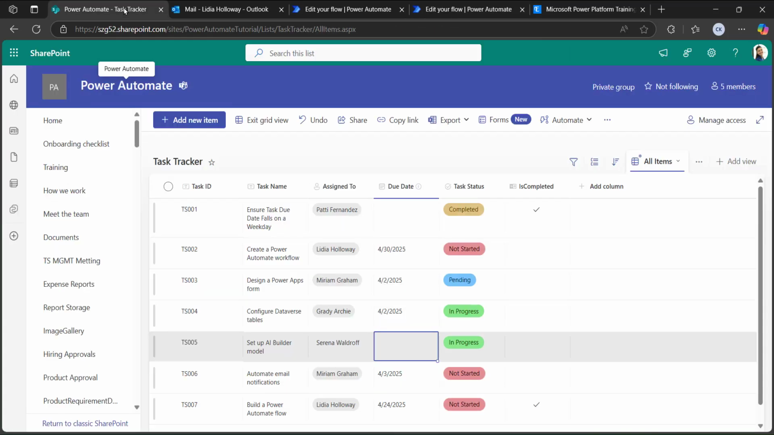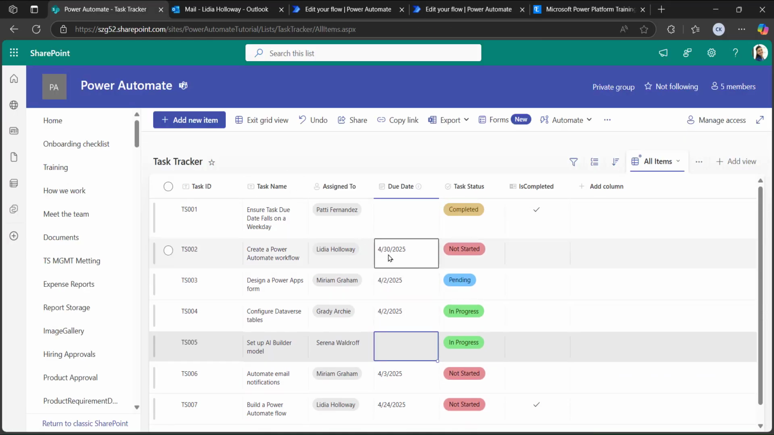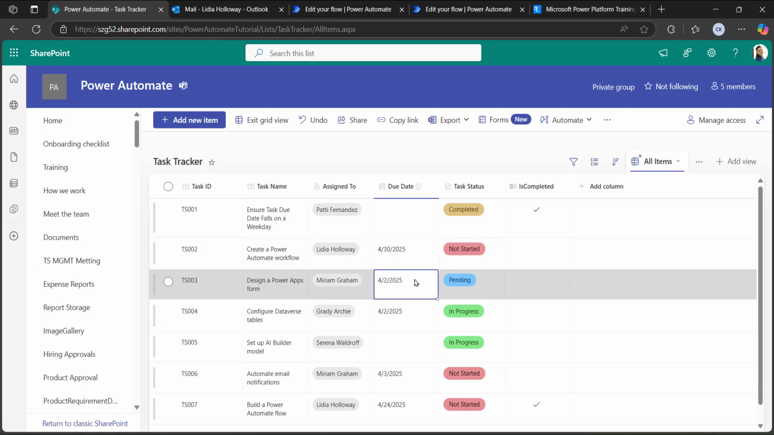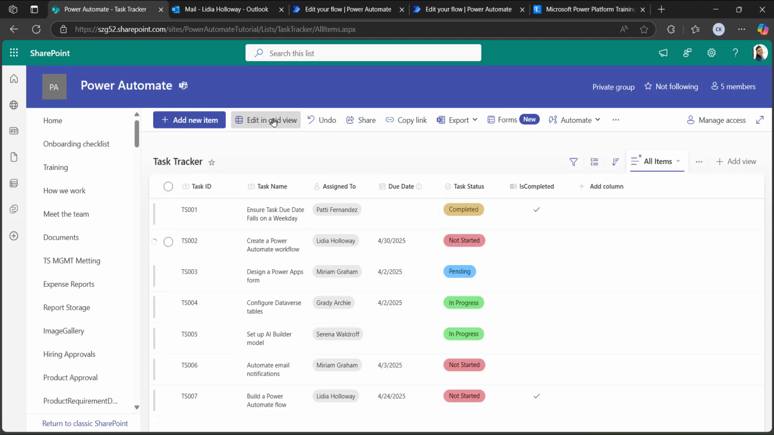To test the flow, let me modify the item which has Lydia Holloway, because with the Lydia Holloway I have already logged in. Click on editing grid view and remove the due date for this TS002 item. I have removed it as you can see, and click on grid view. Click on exiting grid view. Now